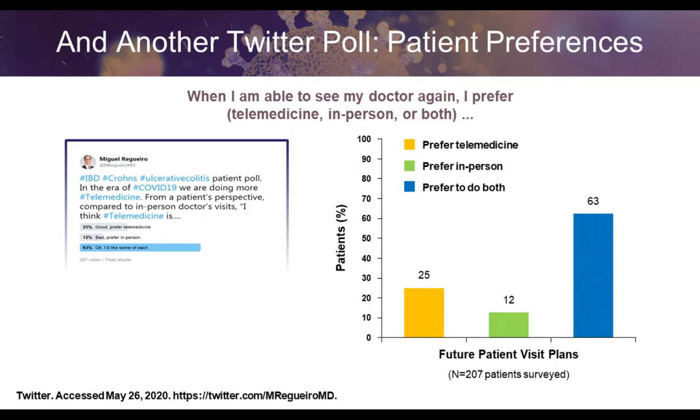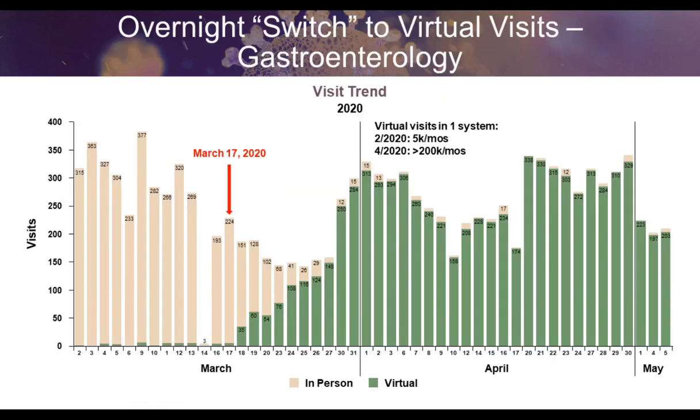That's the limitation to telemedicine. But otherwise, patients do seem to enjoy this as well. This is just a graph to show you the overnight switch to virtual visits in a specific GI practice. This is ours, just for full transparency, at Cleveland Clinic, where the beige is in person and green is virtual